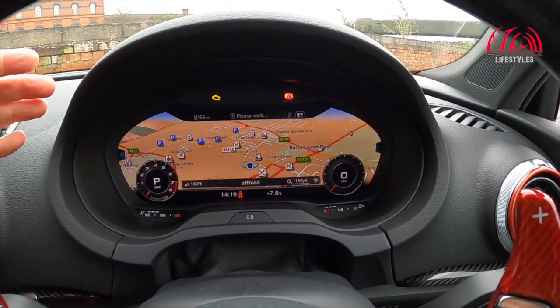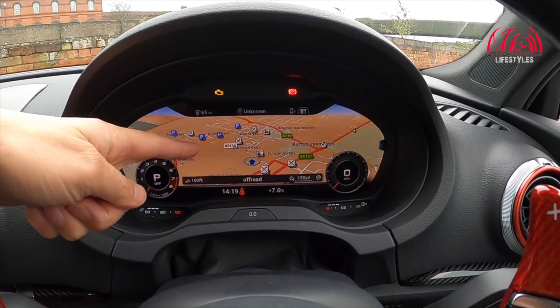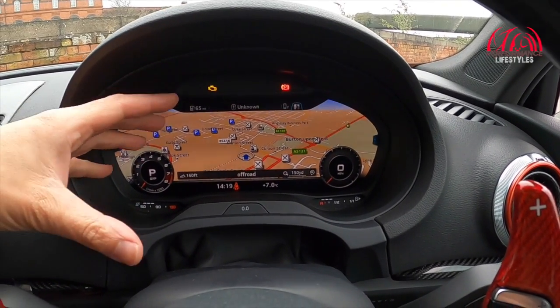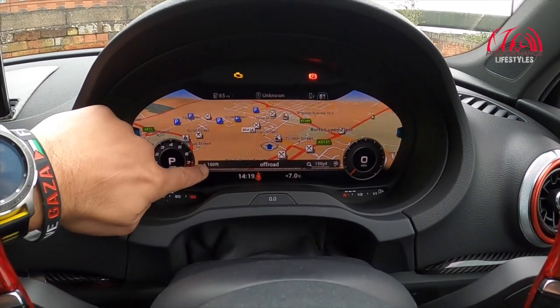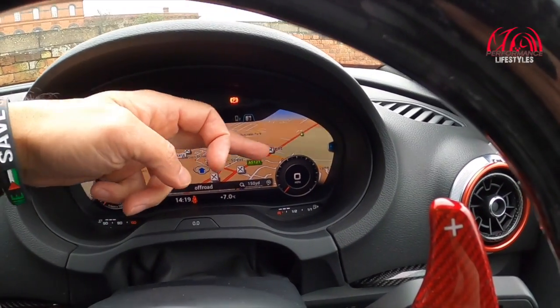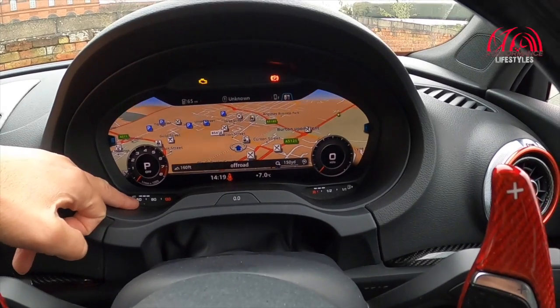Now, I've driven this car through cities and stuff, and what happens is the big buildings actually just pop up on there. They just kind of appear, and it looks pretty immense. It looks absolutely amazing. It also tells you how high you are from sea level, and your rev counter on the left, your speedometer on the right with the digital speedo in the middle, engine temperature, water temperature here,